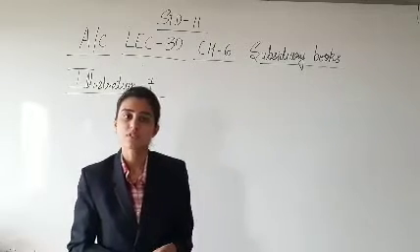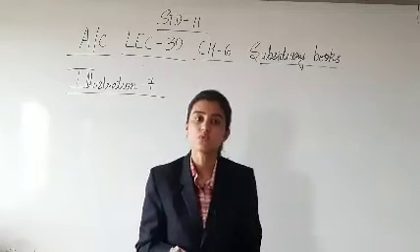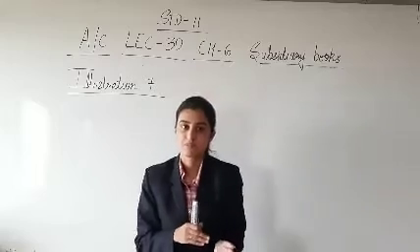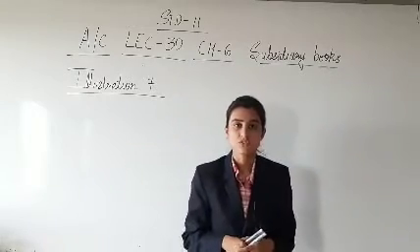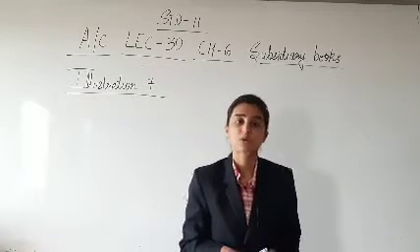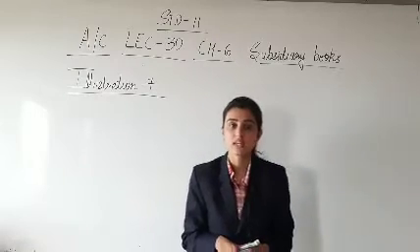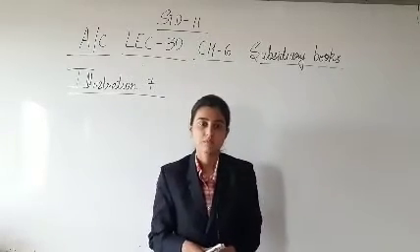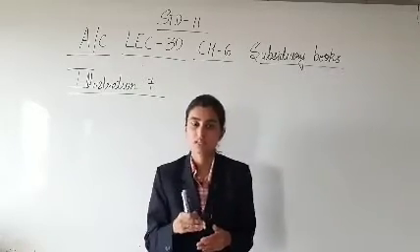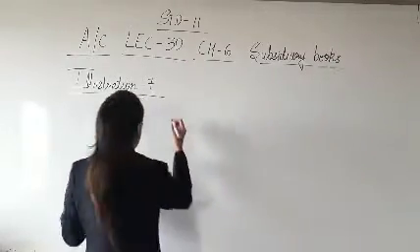We are going to continue with chapter 6, that is subsidiary books, and we are going to continue with illustration 7 that we left in between in the previous lecture. Yes, as I said, illustration 7 is about preparing all the 4 books, which are purchase book, sales book, purchase return book and sales return book. Yes, all the subsidiary books in one sum itself. So obviously you know the meaning of all the 4 words.